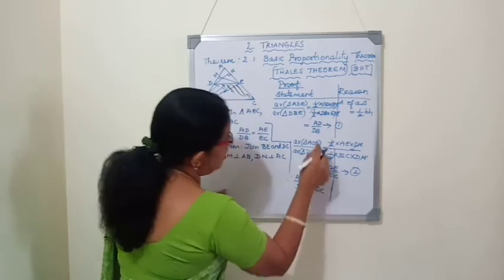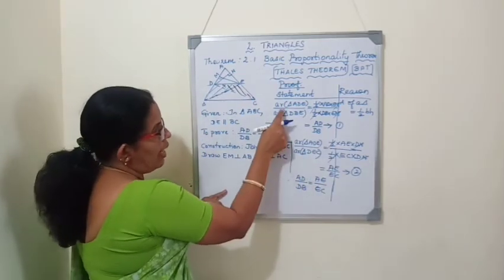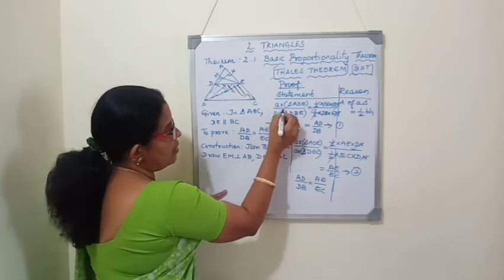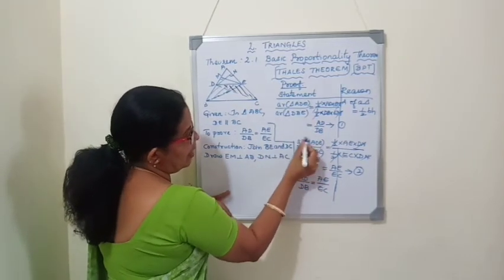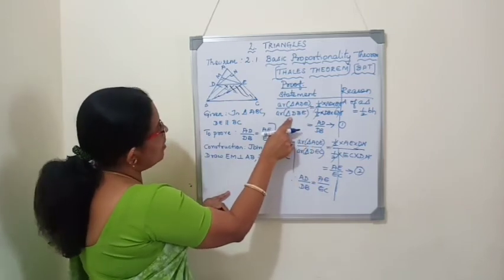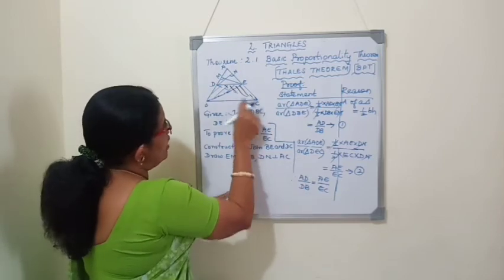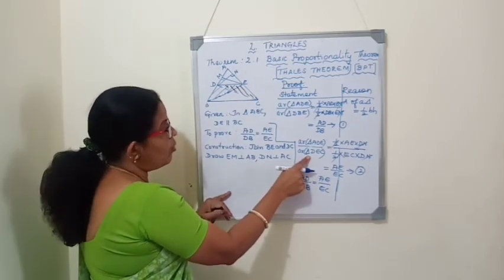How can we say that the RHS are equal, whether LHS are equal or not? On the LHS, the ratio of the triangles, the numerators are equal. See here, numerator triangles are equal. Denominator, how can we say that area of triangle DBE and area of triangle DEC are equal? How can we say that?